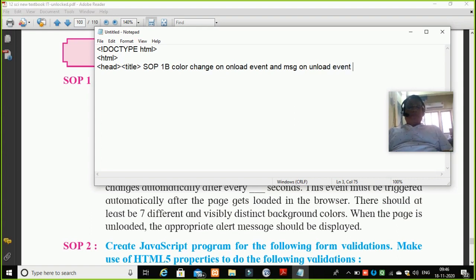So I'll specify the title here. I'll close title, which appears on the title bar. Then I will leave space for writing a script.